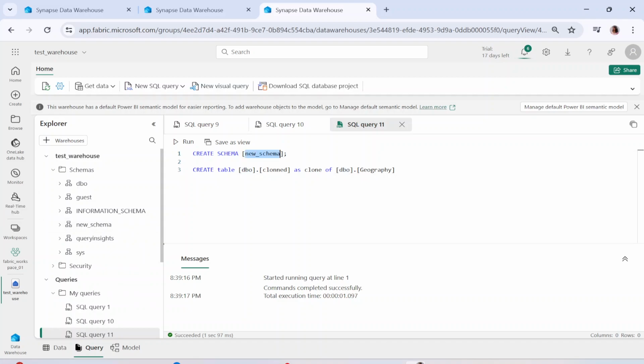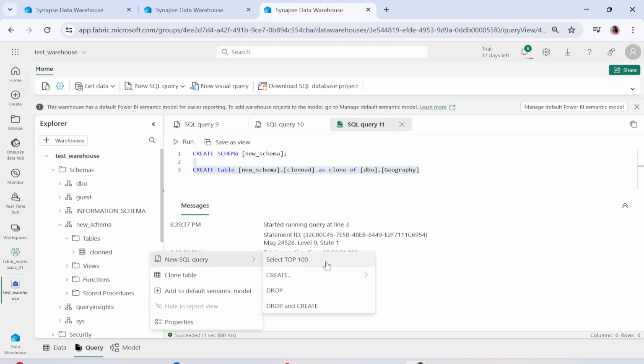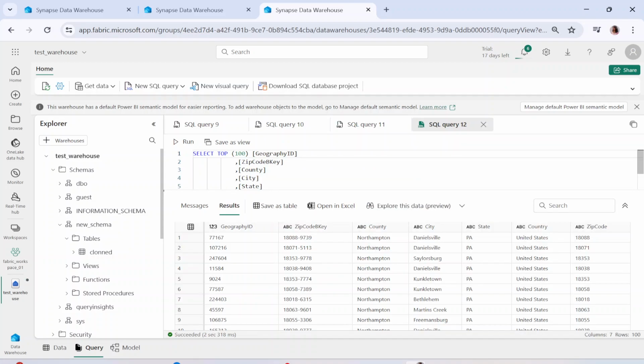So now here I will put the schema name itself, because I want to create the cloned table in the new schema. When I run this command, let's see whether our table gets created. You can see our table got created, and if I open my new schema and click on view, you can see this cloned table got created. Now if I want to select anything from this table, I can see the data present in my table over here. Again, if I want to update anything, I can update.